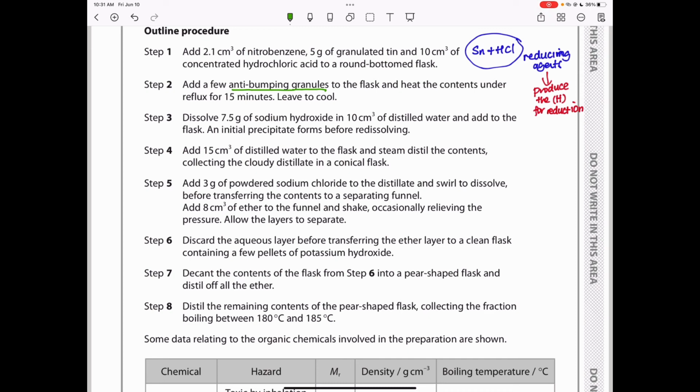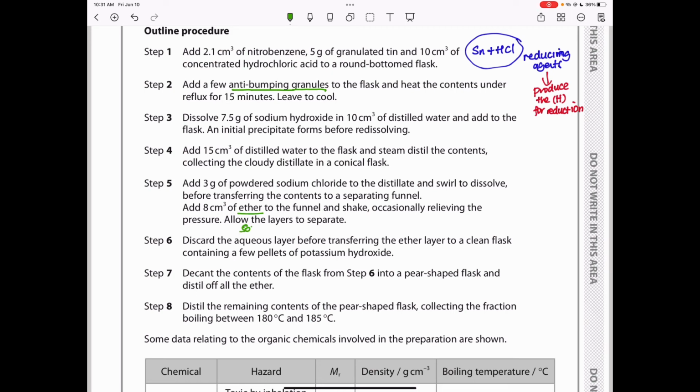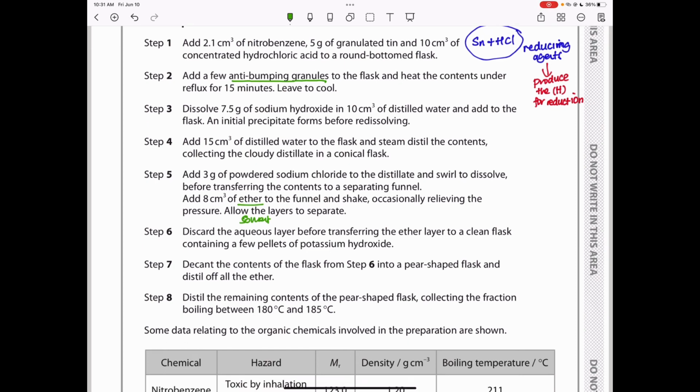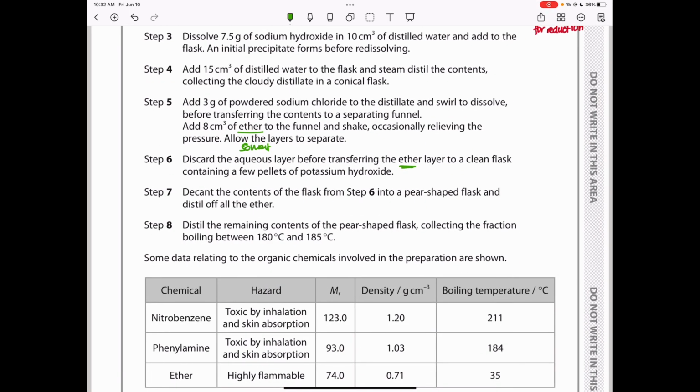Add 8 centimeters cubed of ether to the funnel. Of course, this is going to be the solvent. Shake, occasionally relieving the pressure. Relieving the pressure, of course, and allow the layers to separate. So this is solvent extraction. Then step 6, discard the aqueous layer before transferring the ether layer. So ether was the solvent that extracted the organic component or organic liquid we're interested in from the reaction products. So transfer the ether layer to the clean flask containing a few pellets of potassium hydroxide, and then decant the contents